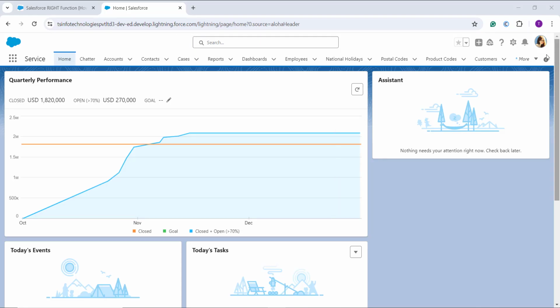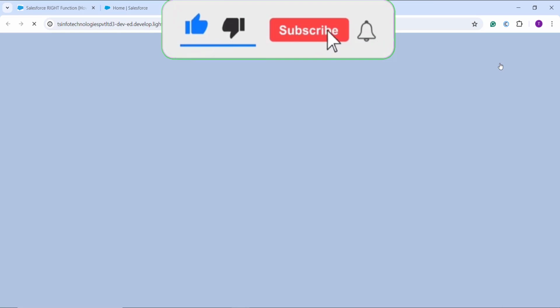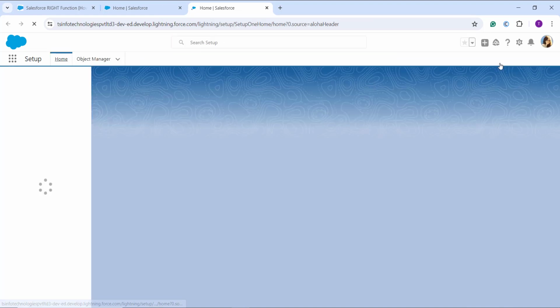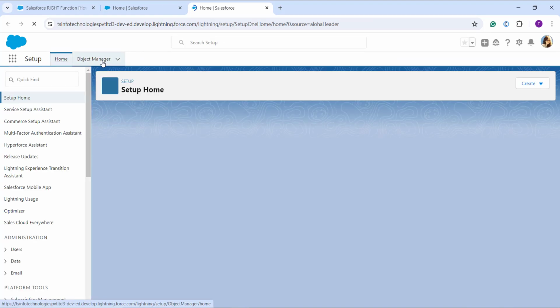So here I open my Salesforce account, and by default I am in the Lightning one. I click on a gear icon and select the setup one as I want to redirect myself to the main home setup page of the Lightning. Once I reach here, I click on the object manager tab given on the top of the navigation bar, and